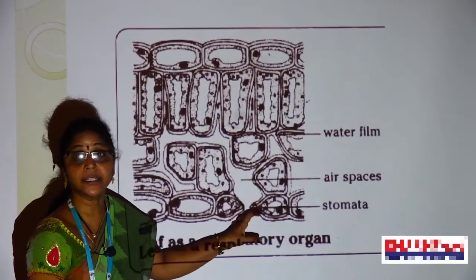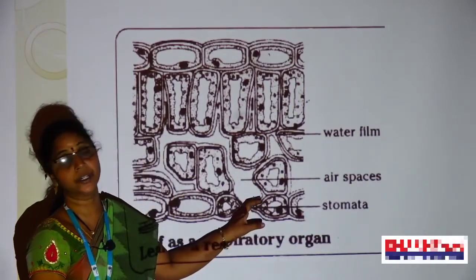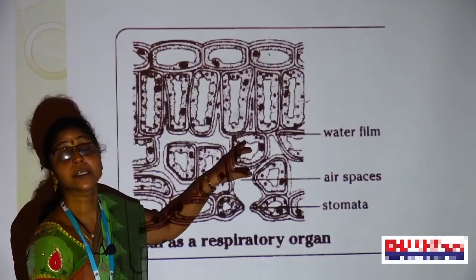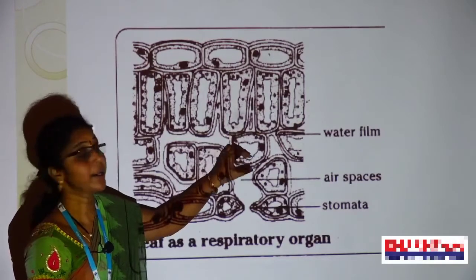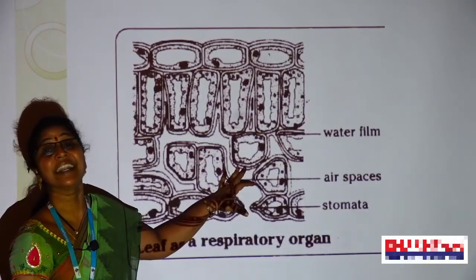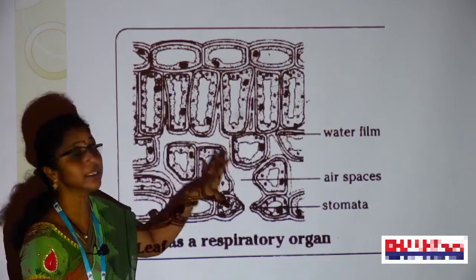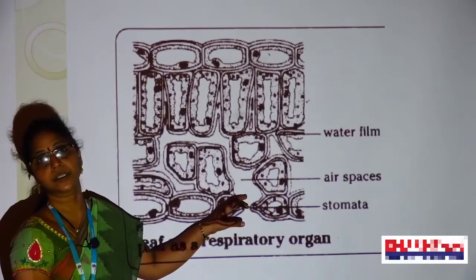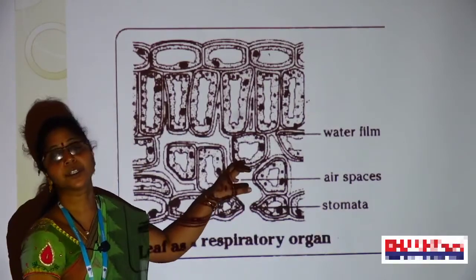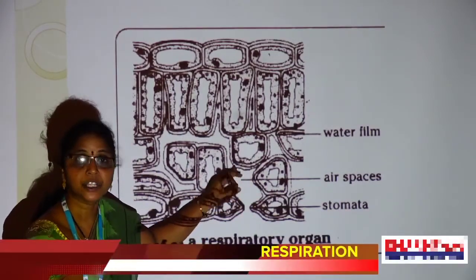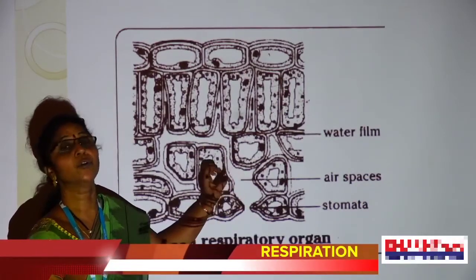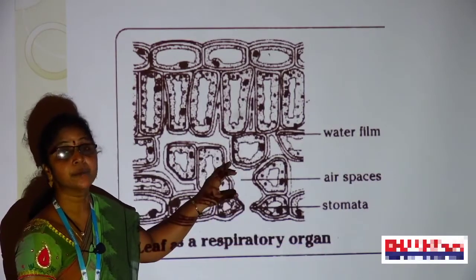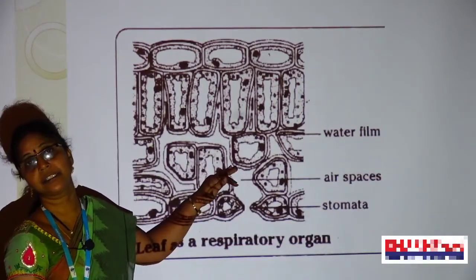When oxygen diffuses into these air spaces, the oxygen is dissolved and supplied to the various parts. What happens here? A gradient occurs. This whole system is based on the diffusion process. When oxygen diffuses into the cells, a gradient is developed between the cells. What is a gradient? It is the exchange of oxygen, where we can observe an increase or decrease in the volume.